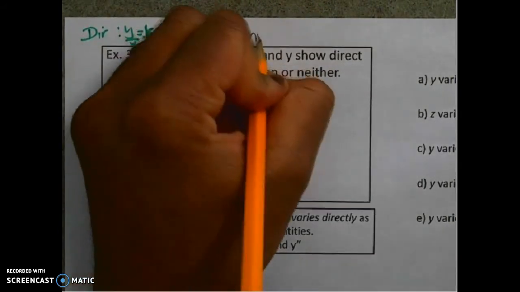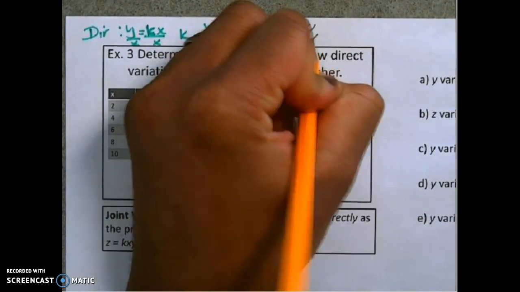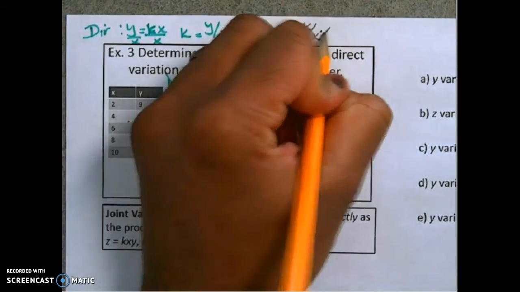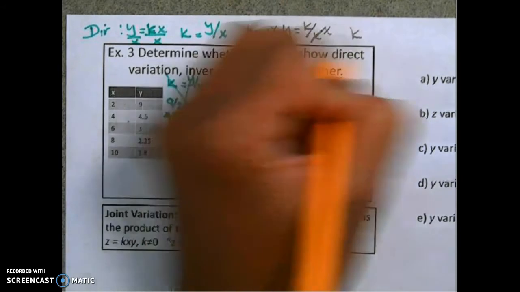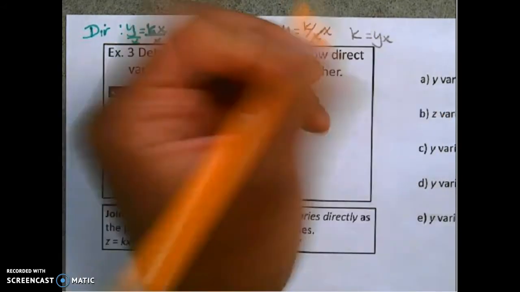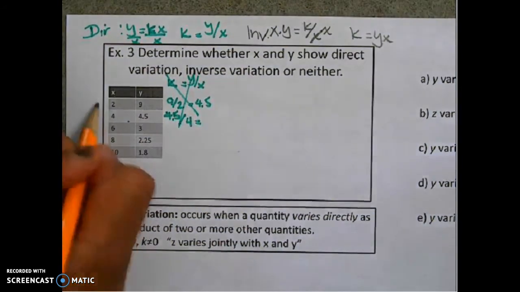So let's check out inverse variation. You know, generally it's y equals k divided by x. Well, let's multiply by x, and I find that k is equal to yx. So if I multiply these numbers and get the same thing every single time, then that would be a representation